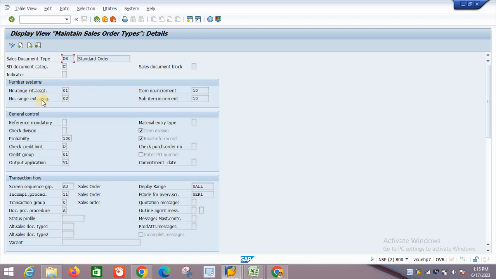As we learned in the SAP customer master, we have internal number range and external number range. Here the number range internal assignment is 01 and for the external assignment it is 02.